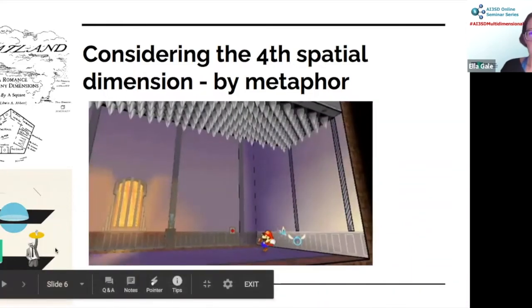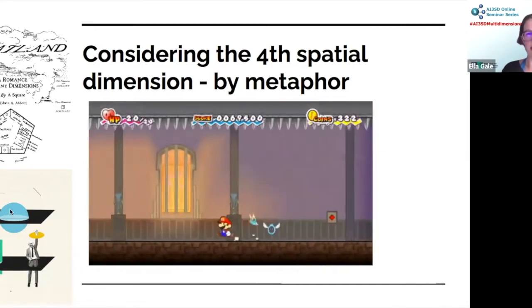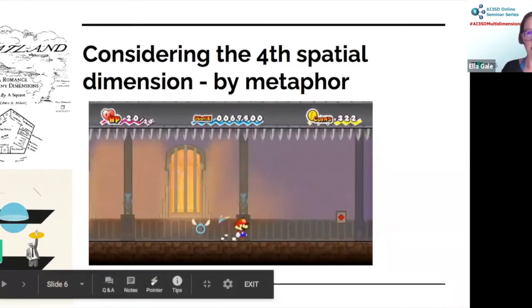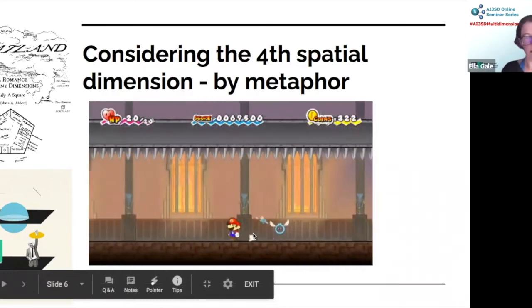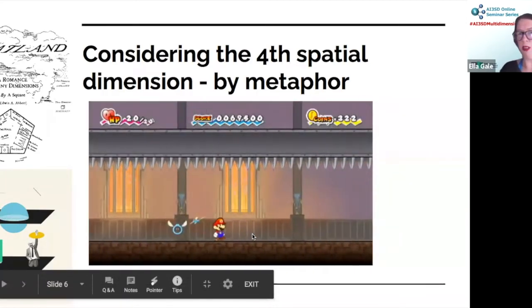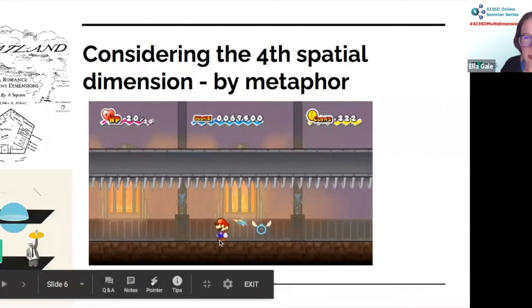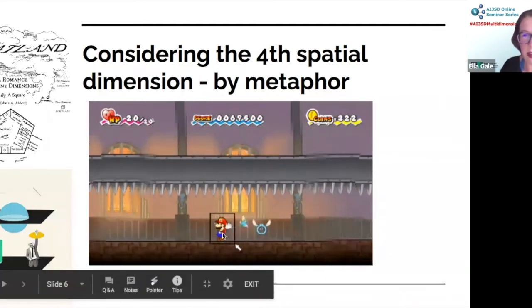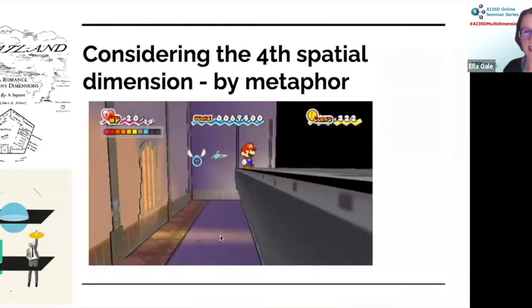If you lived in a 2D world and your 3D object interacted with it, you see this change in cross-section. That's what's going on here. And if you move into a higher dimensional world, you see some very strange things. So I'll just show you this clip again. If you see little Mario here, he's going to move into another dimension, an escape dimension, and solve the puzzle.